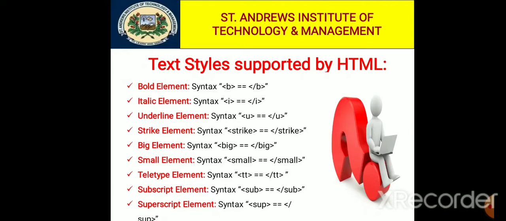It specifies that the text written within TT, open and close, renders the enclosed text in teletype font. This means that the text will be monospaced to look like a typewriter font, and it is used when monotype typewriter text is required. The second last is the subscript element. It specifies that the text written within the sub open and close tags should be displayed as a subscript by using a smaller font size. A subscript character appears slightly below the baseline.